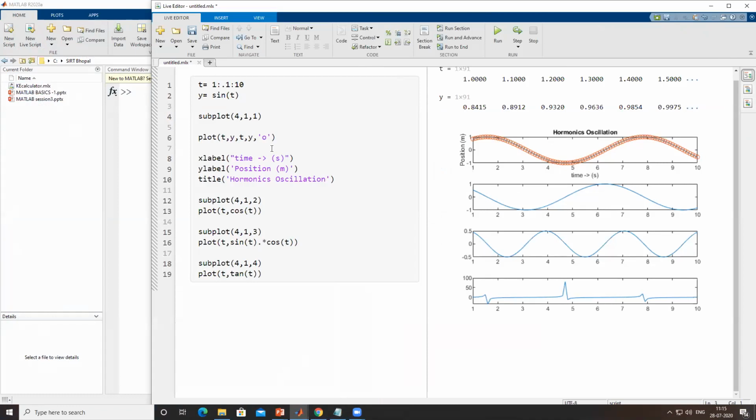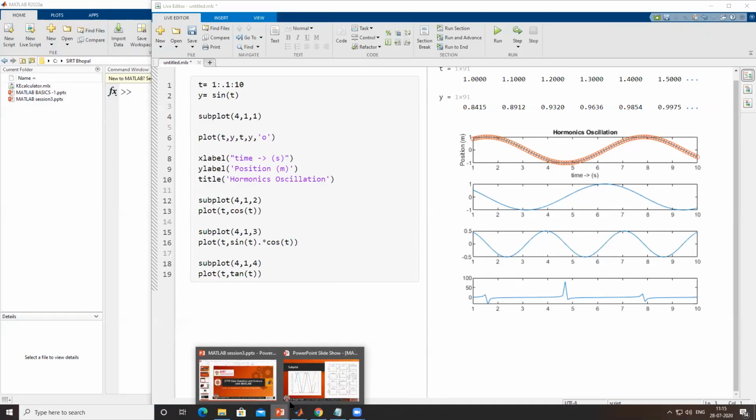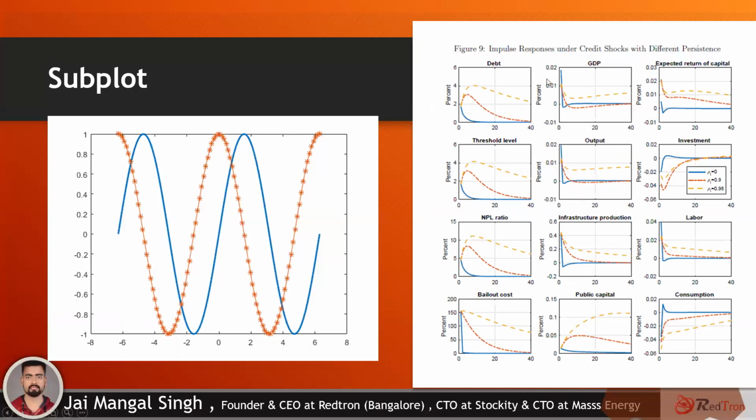See, what is the difference between the figure command and this? The figure command always gives you a new graph paper. But here, why are we using subplot? To understand this, again, I will take you to this presentation. So see here, the case. You can see in front of your screen that there are two graphs. One graph contains two plots superimposed on each other, so that is on a single graph paper.